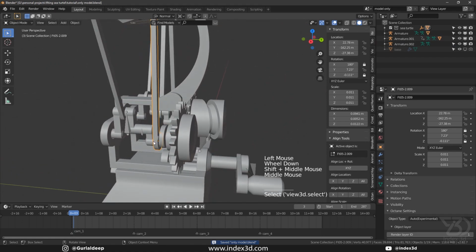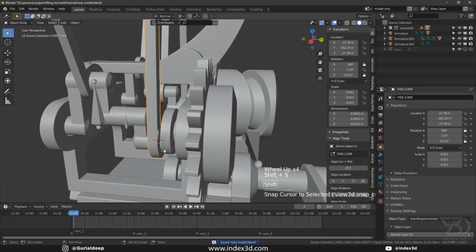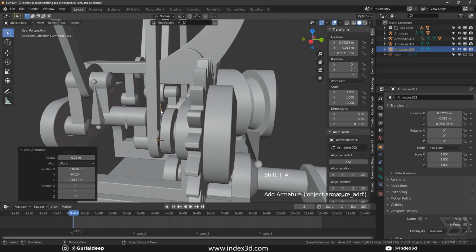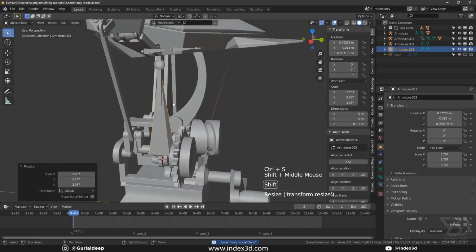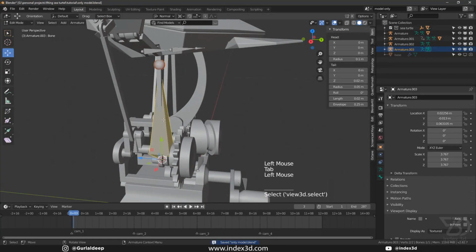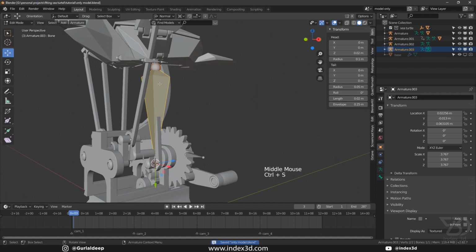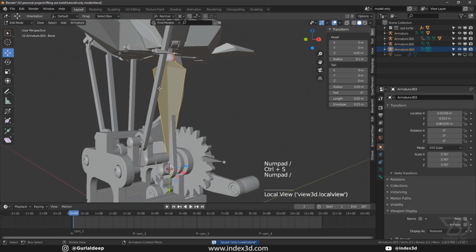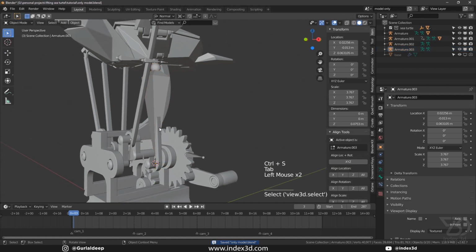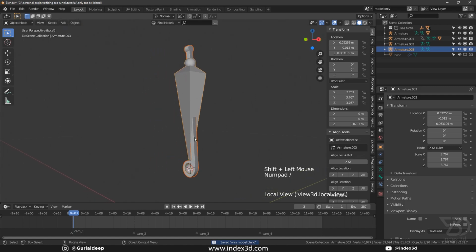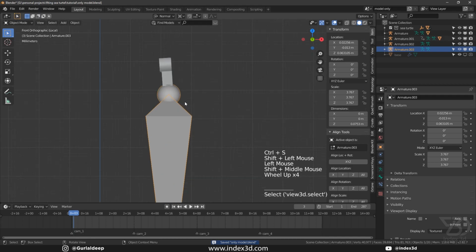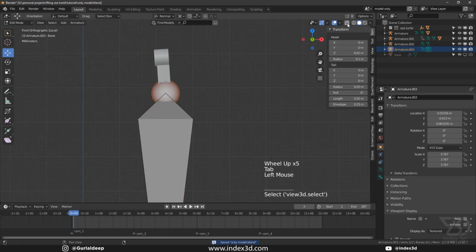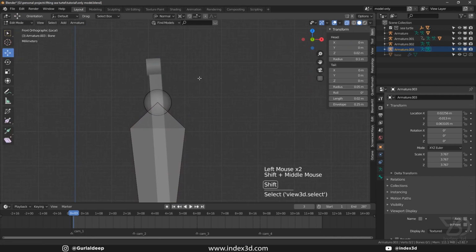And then one more bone over here, so Shift S and bone, we have this bone, we can scale it and we will switch the direction so it's pointing downward. Then select these two and then press this key to solo selection and select this one, go to X-ray view,